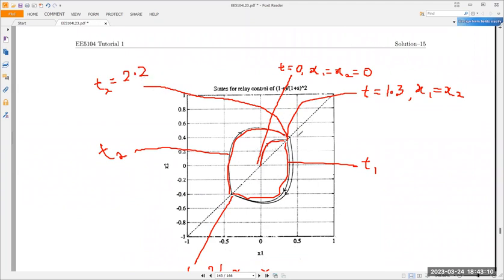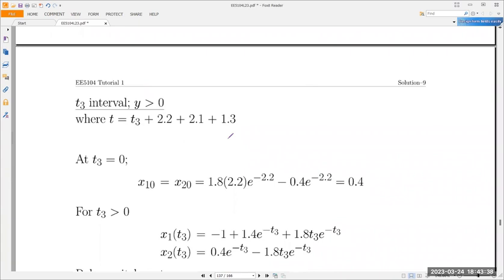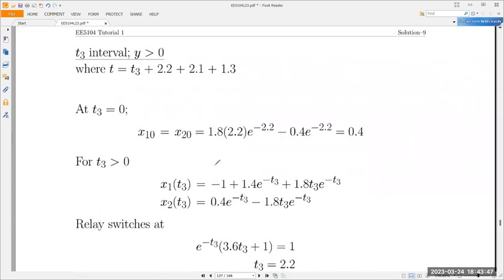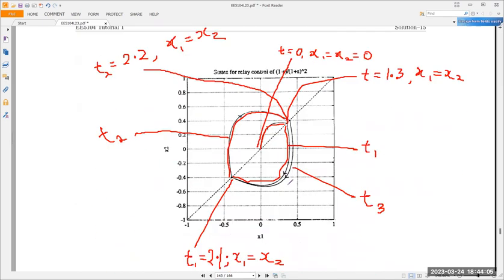So, okay, now let's start the T3 clock. So this one will be the T3 clock. All right, and this is obtained again when X1 is equal to X2. So T3 clock is related to the T1, T2 clock as follows. All right, it's obvious already. So when T3 is 0, the first clock is all this added together. Then the same thing, go and find what is the initial condition. Then stick in, then you go and draw T3, 0.1, 0.2, 0.3, 0.4. So go and draw, and then find when you switch at X1 equals to X2. And you switch at T3 equals to 2.2. So this is the T3 clock. And then this switches at